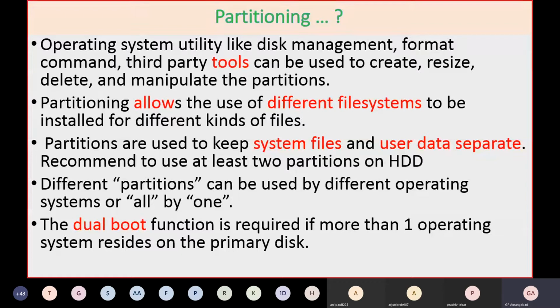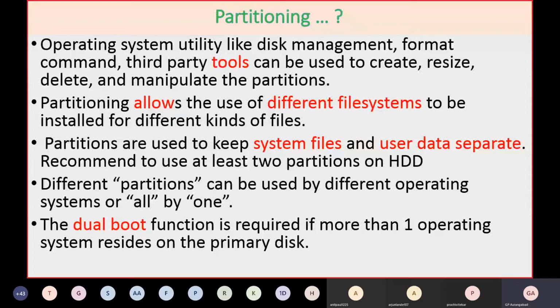One is for system files, another is for user data files. That means on one application's C drive you should keep things exclusively. Let us say you have about a 500 GB hard disk, then I will say you divide this 500 GB hard disk.